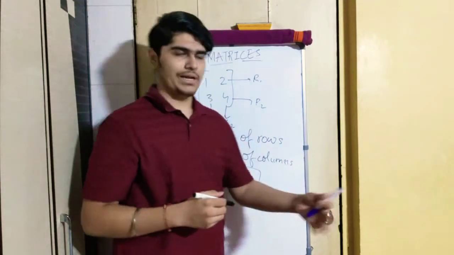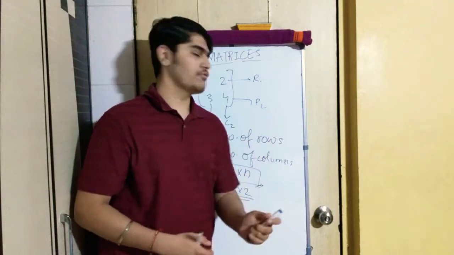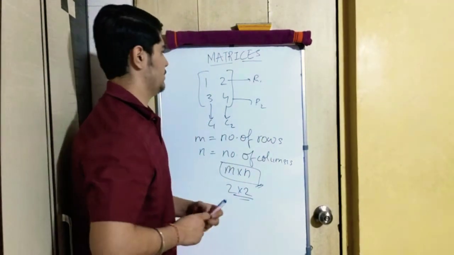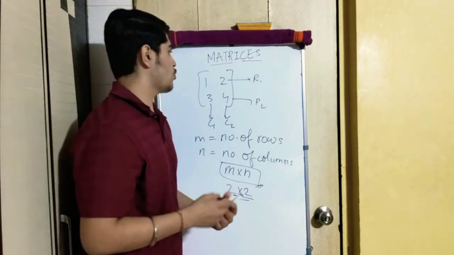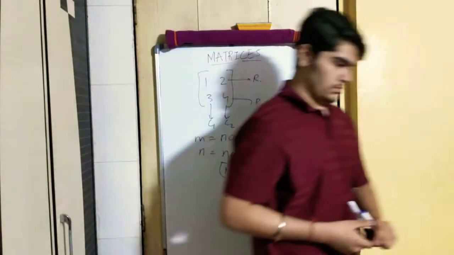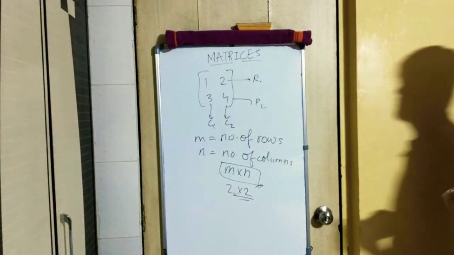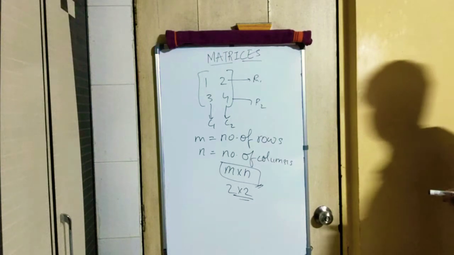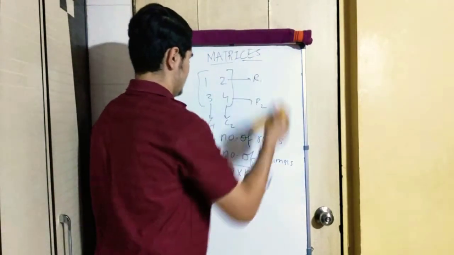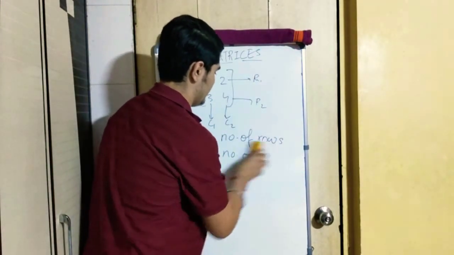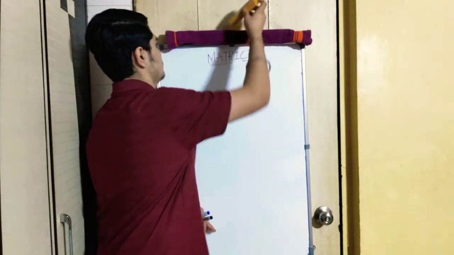We are going to learn about many matrices as we move further, but first I hope you have cleared this concept. You can copy it down. I hope you have copied it. So this was the formula for order of matrix. I will give you some examples of how to calculate the order of a matrix.